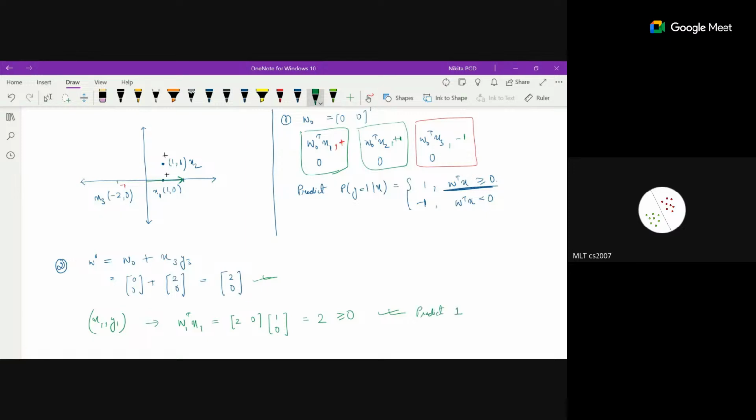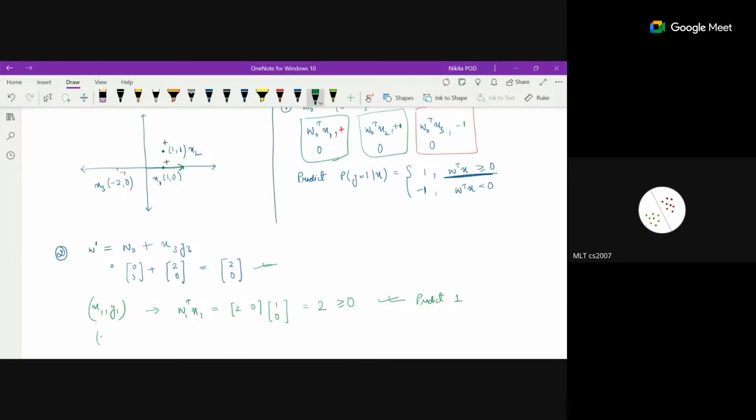And it is correct. Now I will go ahead and again check for my X2, X2 by 2. So what will happen? It will be W1 transpose X2, which is 2, 0. Again, as we had seen, this is just 2. So again, this is 0. So it is fine. So this W that we got, 2, 0, is able to correctly predict all these